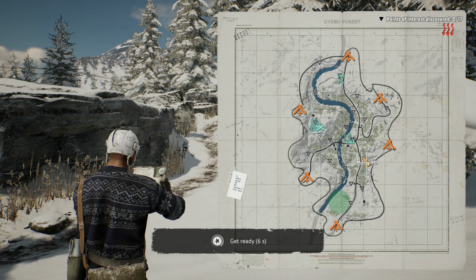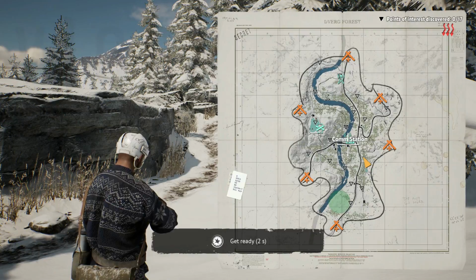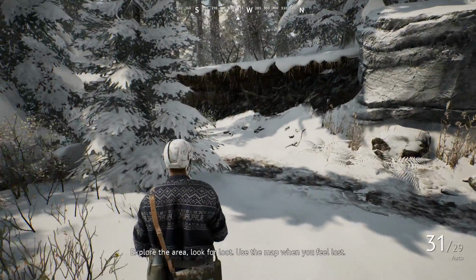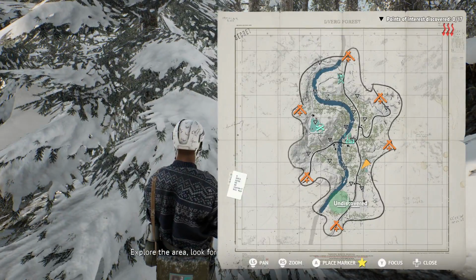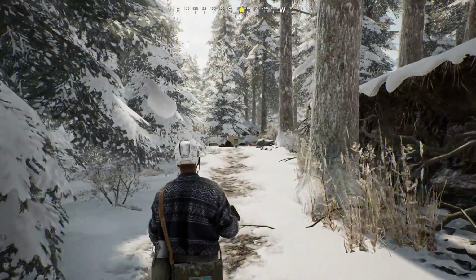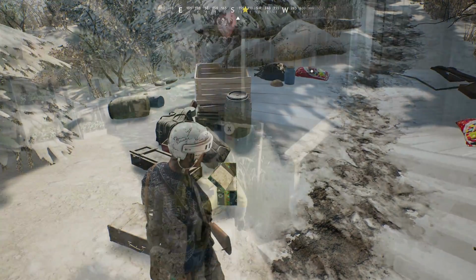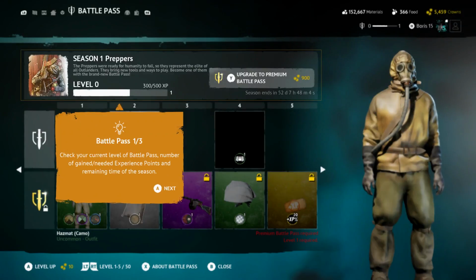As some of you probably already know, Update 1.2 Preppers came out for Vigor on December 11th, 2019. Now I haven't made a proper update video going over everything that was included with that update, and honestly I don't know if I'm going to, but I thought I'd go over one of the biggest things that were added with this update. And that is Vigor's first look at a battle pass, something other games have been doing for